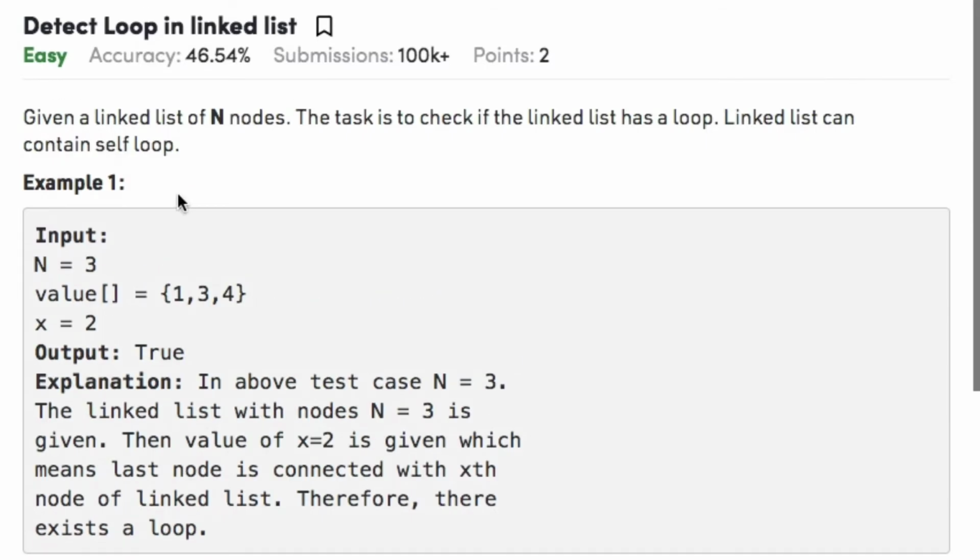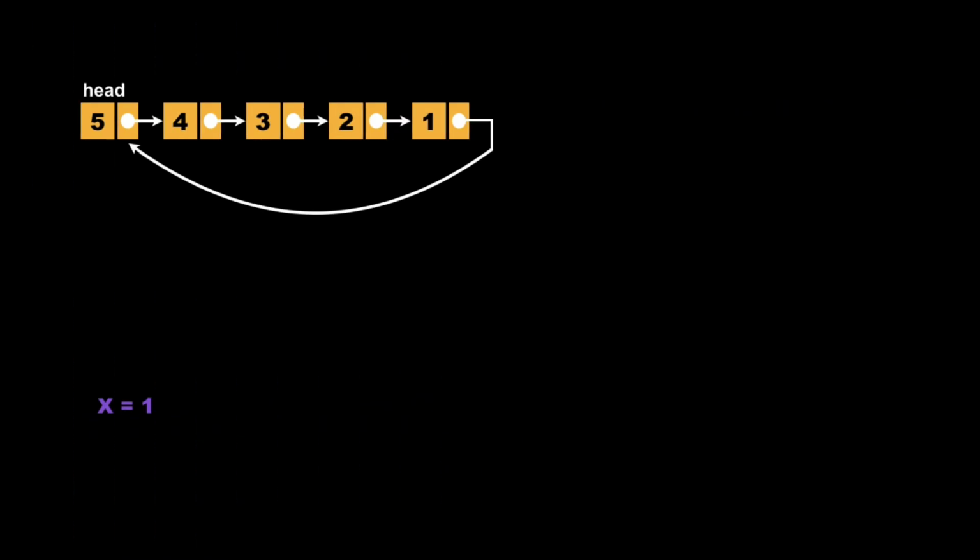So the intuition behind solving this problem is that we have two pointers, namely p and q, which are initially pointed to the head node, and then we keep on incrementing p by 1 and q by 2 unless both point to the same node. In case both point to the same node, then there is a loop. So now let's have a look at the approach to solve this particular problem.